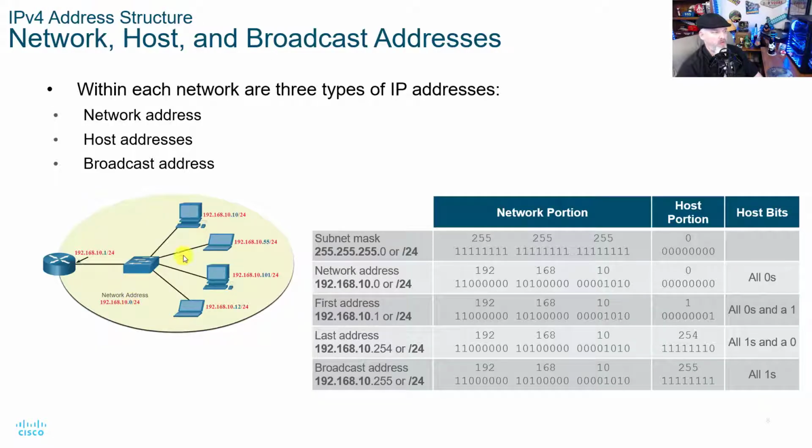We have our host address. Those are all our host numbers. And then we have our broadcast address, which in this case is the last IP address in your host range. So your first number in your host range is your network ID. Your last one in your range is your broadcast ID. And in my video below on subnetting, it talks about when you subnet numbers out, two numbers always get subtracted: your network ID and your broadcast ID.